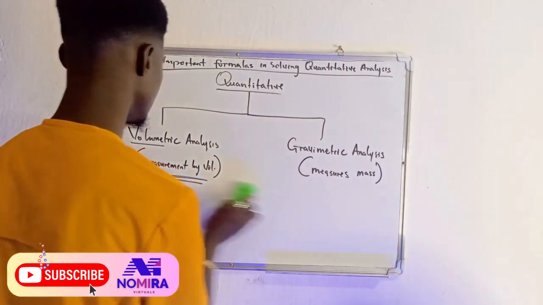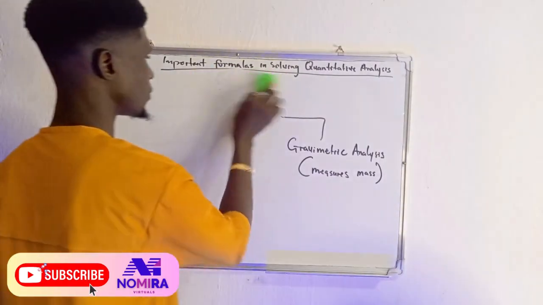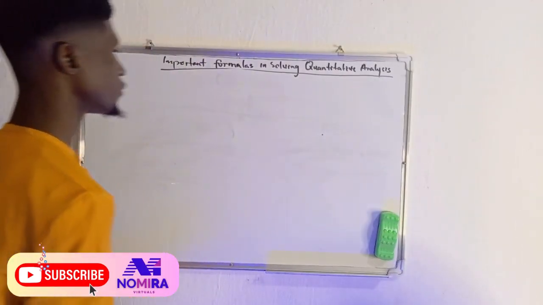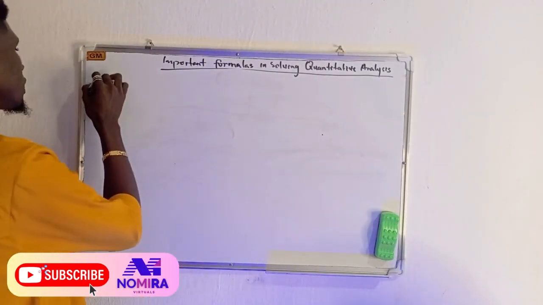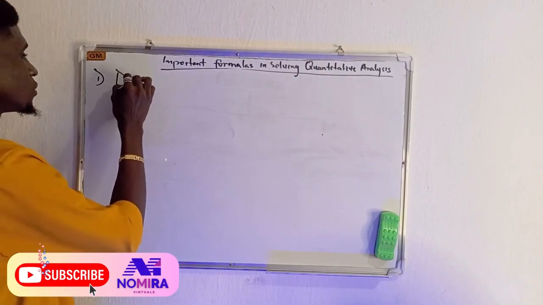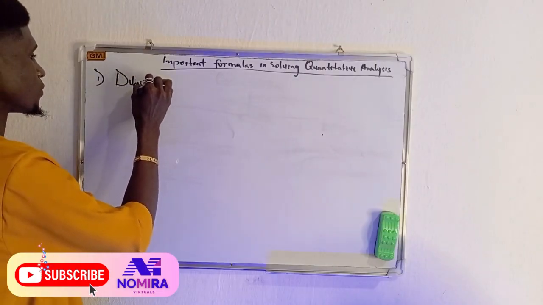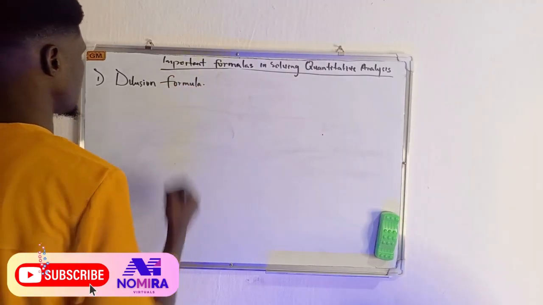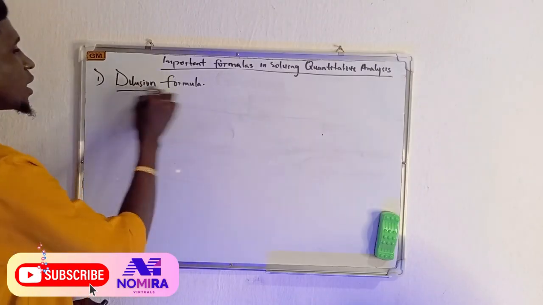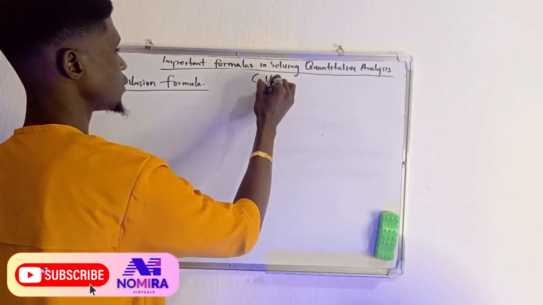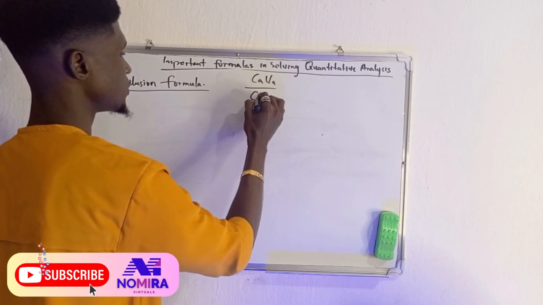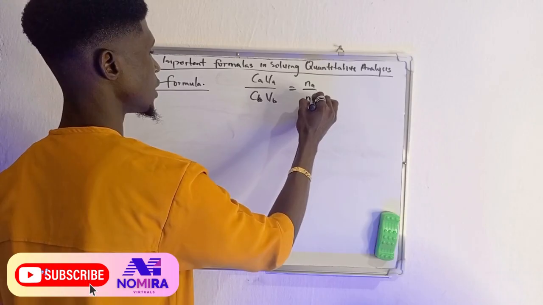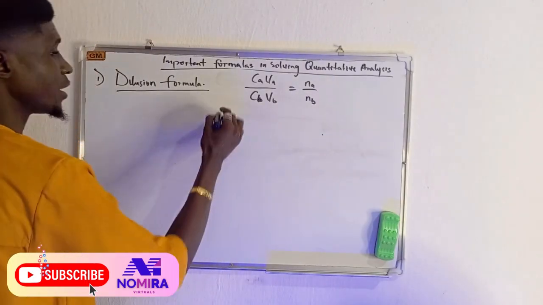So let us go in details by listing out different formulas that will help us or enable us to solve questions involving quantitative analysis. The first one is what we call the dilution formula. Dilution formula is CAVA over CBVB equal to NA over NB, where